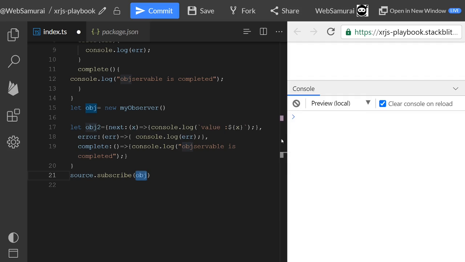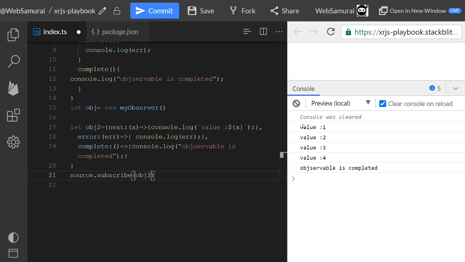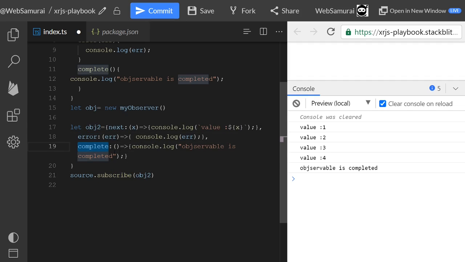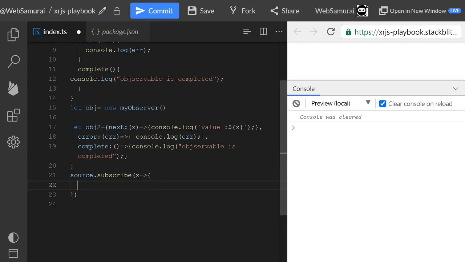I clear the console and simply pass obj2 to subscribe, and you can see the same result. The error and complete methods are optional, so we can also pass an anonymous function.